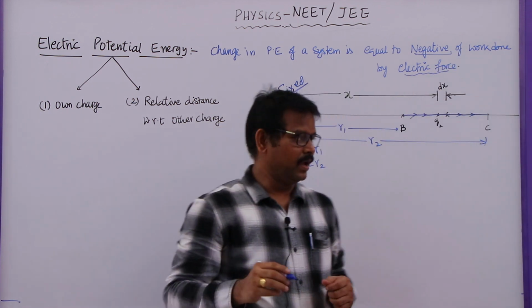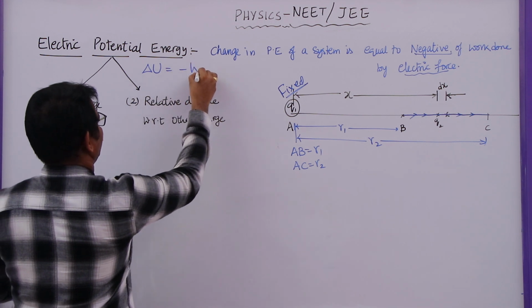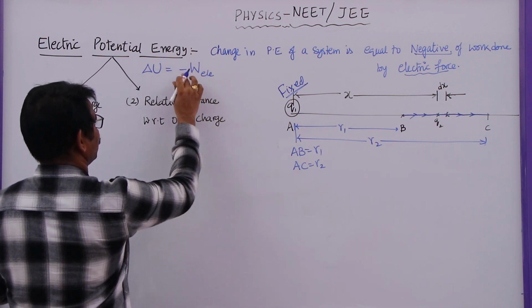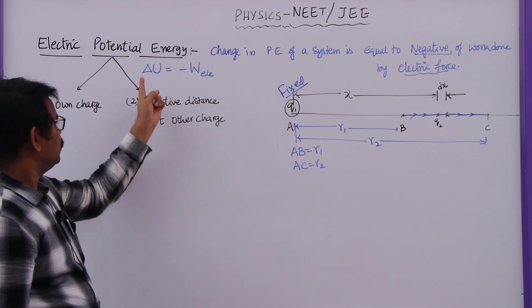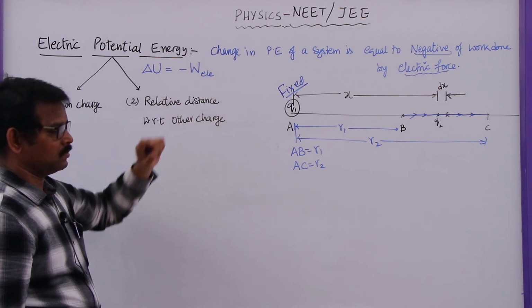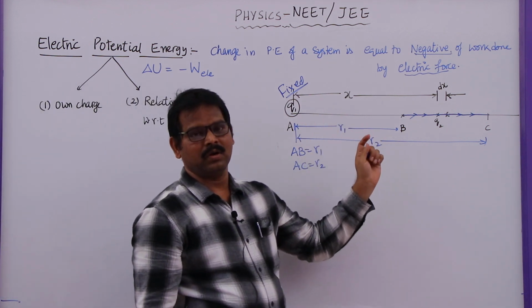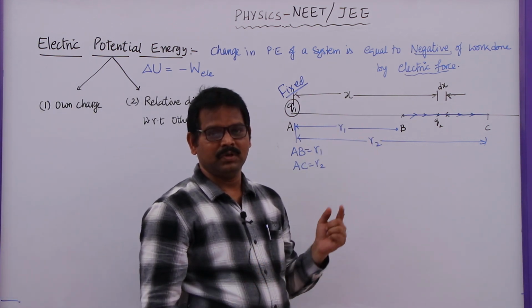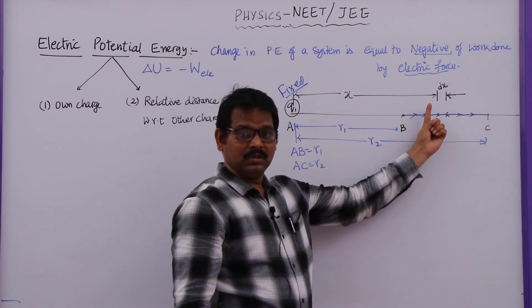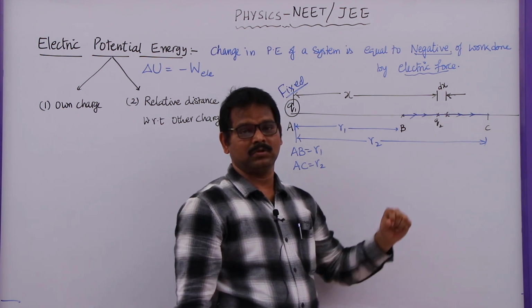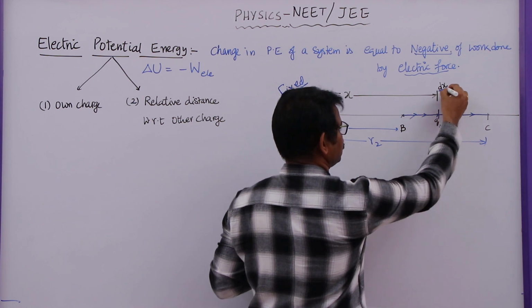It means the change in potential energy is equal to minus of the work done by the electric force. So I can write this as delta U, that is the change in potential energy, is equal to the negative of the work done by the electric force. So delta U is equal to minus W electric. Now what is the work done to move this charge? To find this work done, we know the product of force and displacement is the work done. Here to move the charge from B to C, at different positions this charge Q2 will experience a different force. That's why let me take a small distance here, whose length is dx.